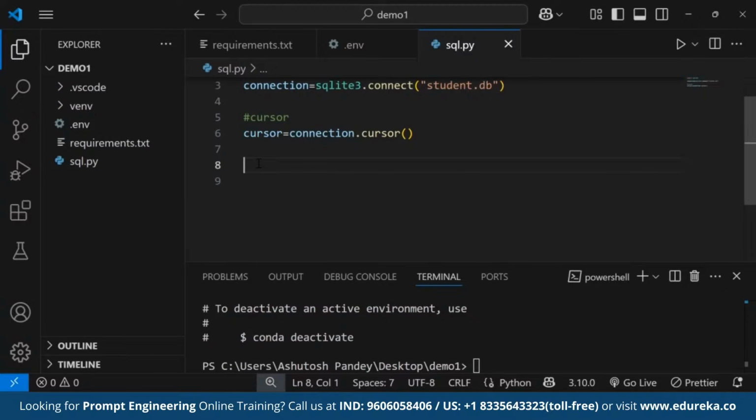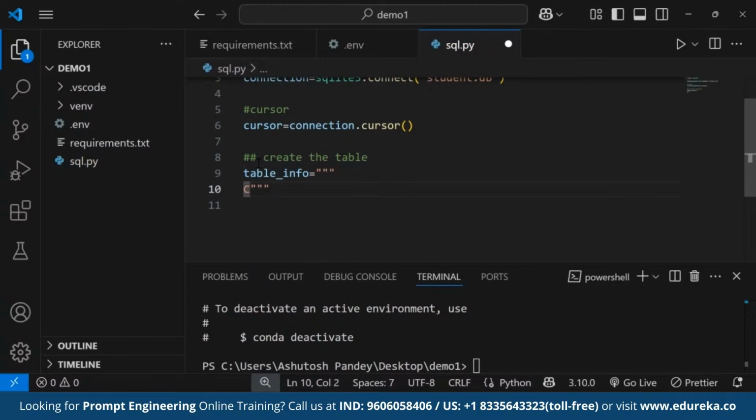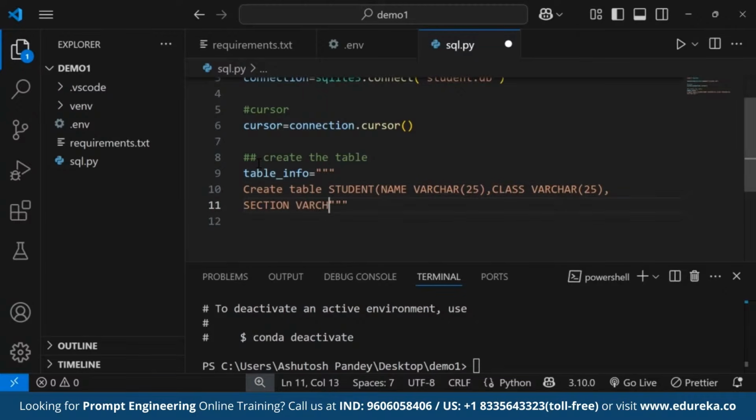Now, we define a SQL command to create a table named student with 4 columns. We'll write table_info equals triple inverted commas. Next, we'll create a table. For that, we'll write CREATE TABLE student. In the bracket: name VARCHAR(25), class VARCHAR(25), section VARCHAR(25), and marks INTEGER. Then we'll write cursor.execute in the bracket